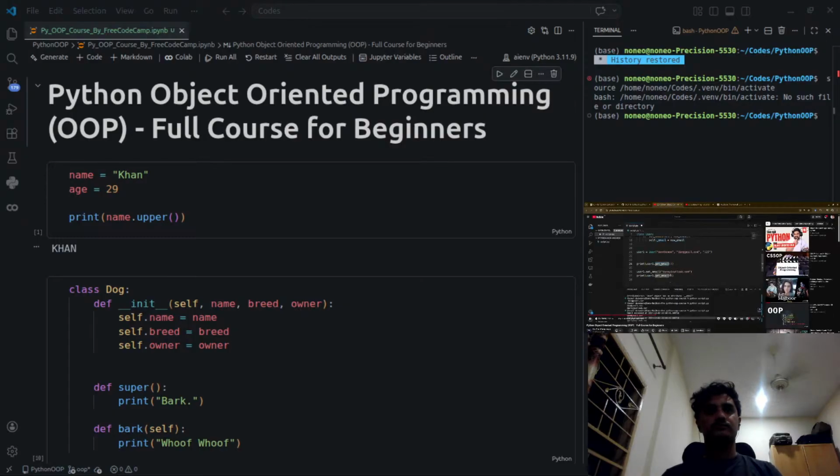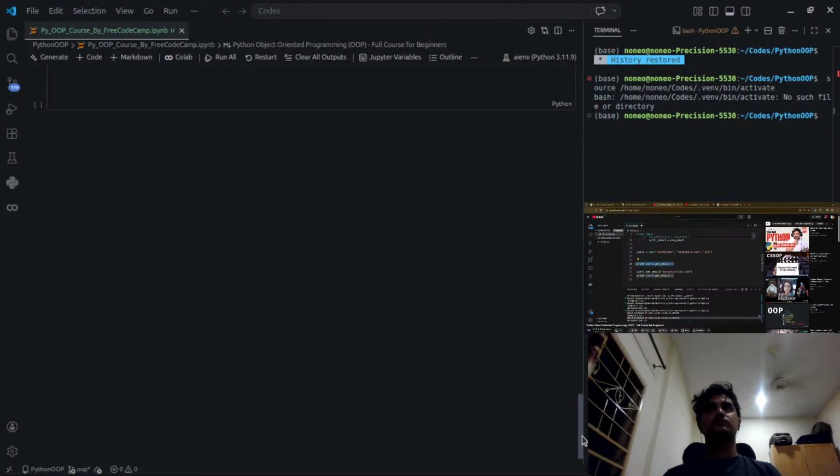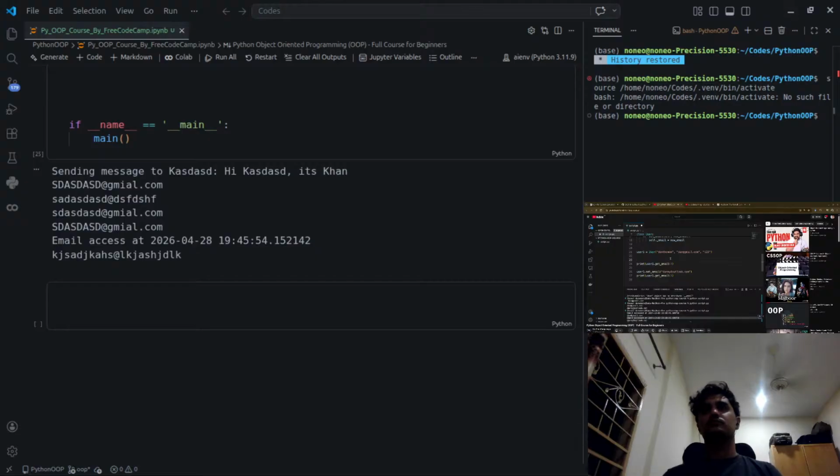We could throw an error if the user is not an admin. So it provides a controlled way of reading the email address rather than just accessing it directly with, say, user1.email. Okay. And the same thing is true for setting an email, because currently we can set email to any